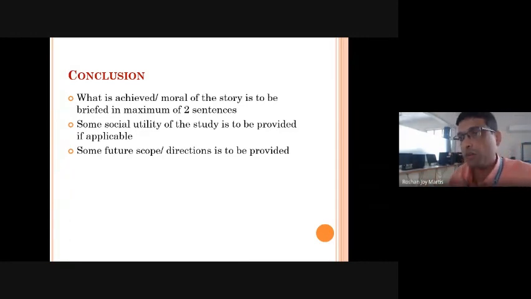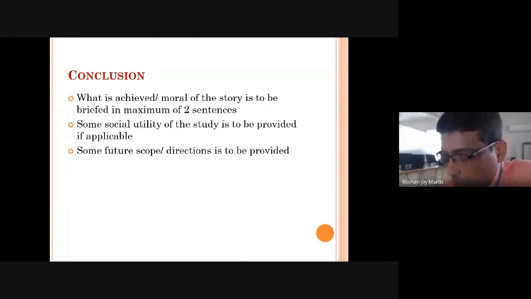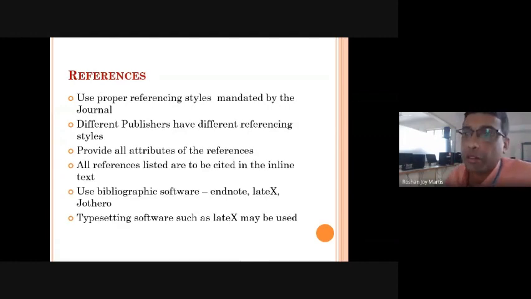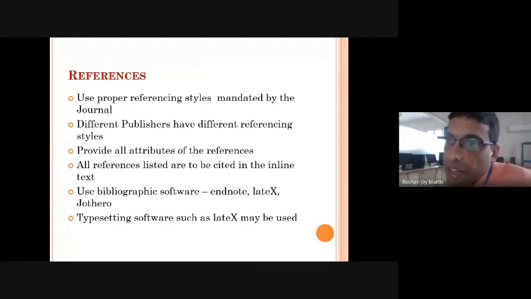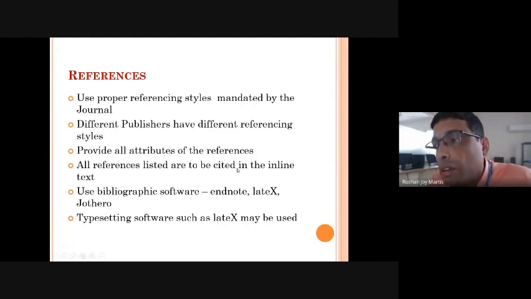This is how you can formulate a research article, and once you conclude, you have to list all the references in your reference section, and make sure these references are indexed. Indexing means any reference you refer to, some people published a research paper a few years back and you are referring to it now. When you refer to this article, he will get a new citation. So references should be written very carefully.